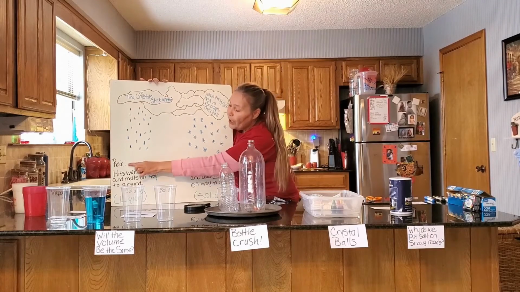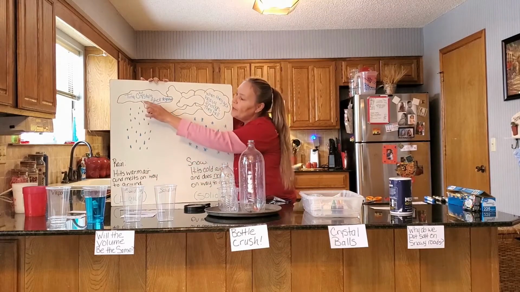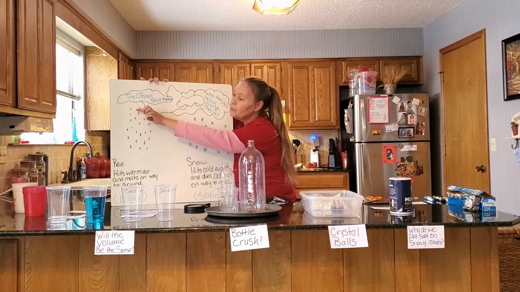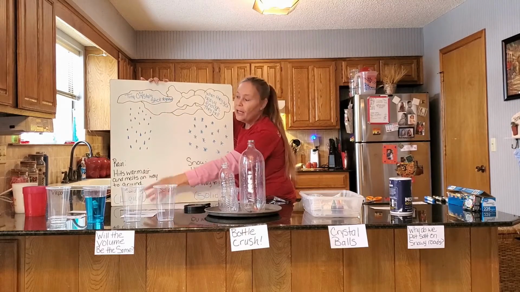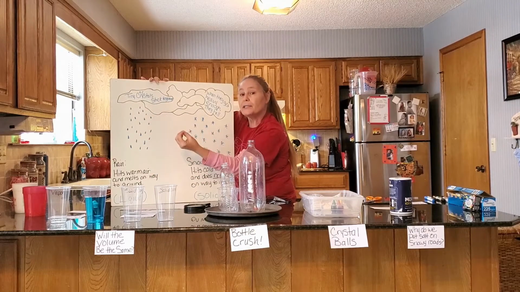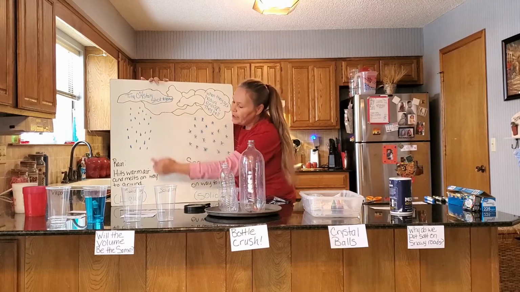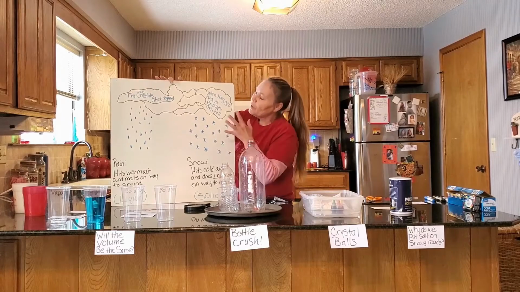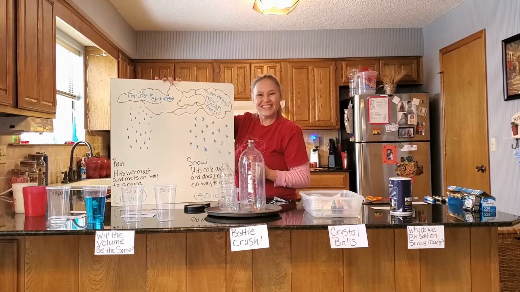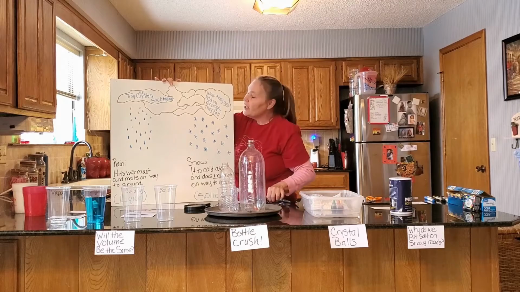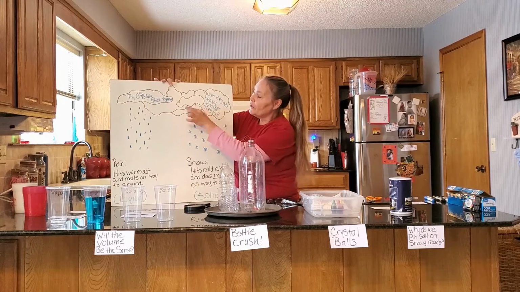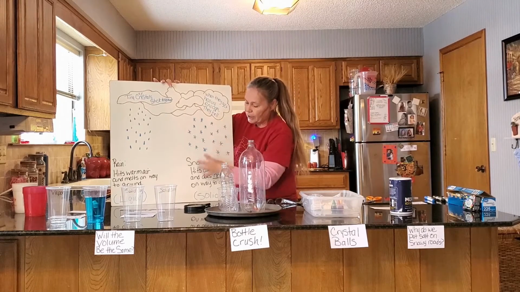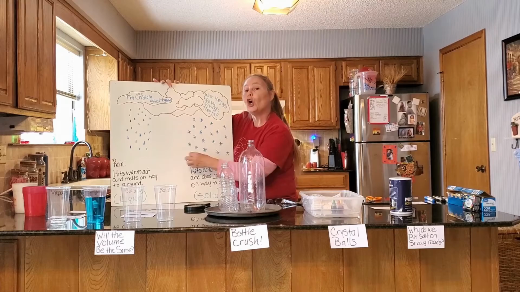Now, when we get rain, that is when the ice particles fall out of the clouds and hit the warm air that's between the clouds and the ground. When it hits the warm air, those ice particles melt, and when it hits the ground in liquid form as rain. Snow, on the other hand, as you can already guess because you guys are so smart, is when the ice particles up here fall out of the clouds, and as they head towards the ground, they hit cold air,